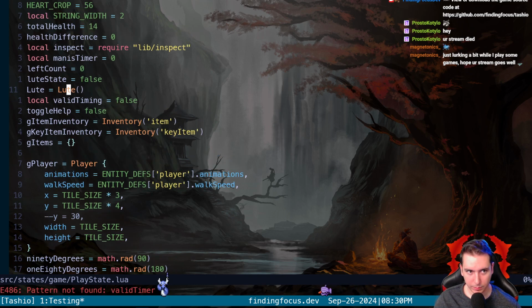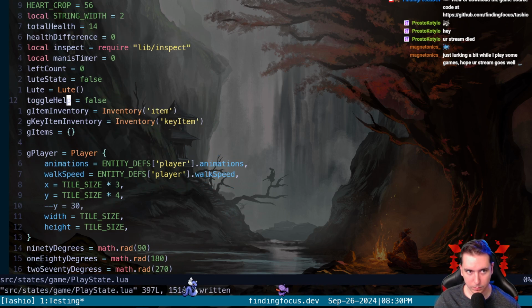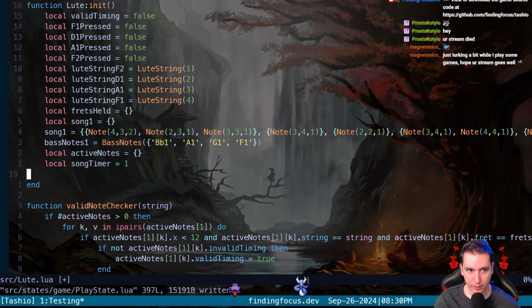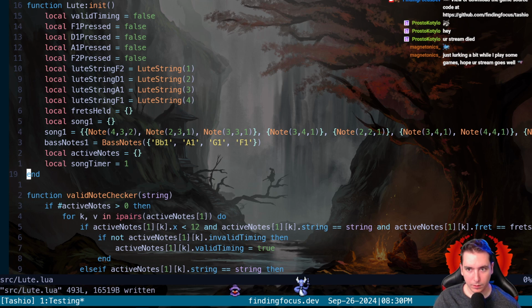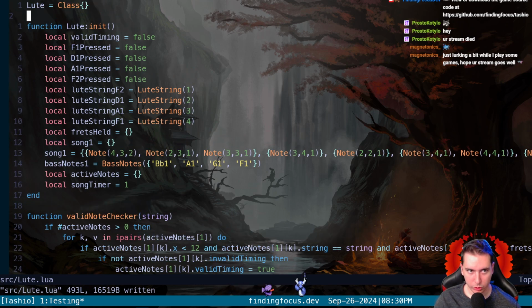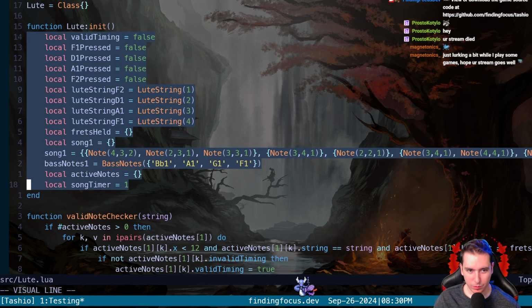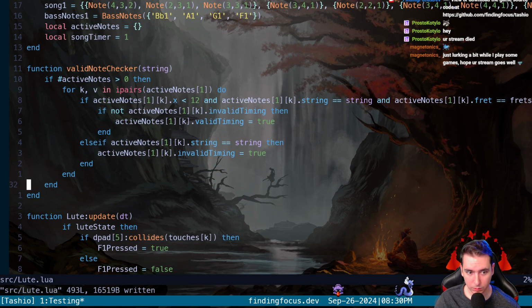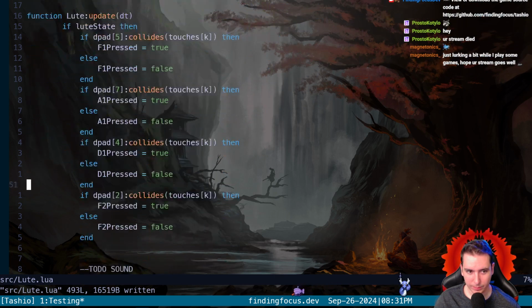We need valid timing too. We have valid timing. Okay, we've got a Lute class. We'll keep it here in the init and just see if it works.